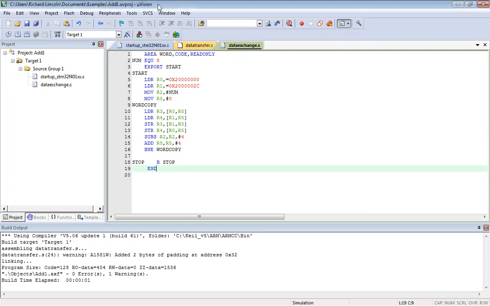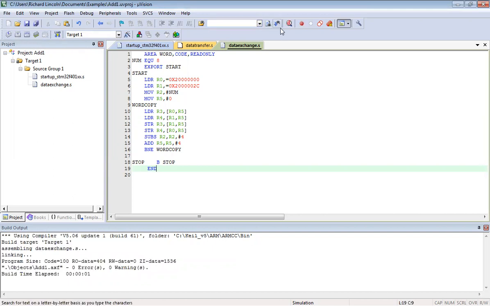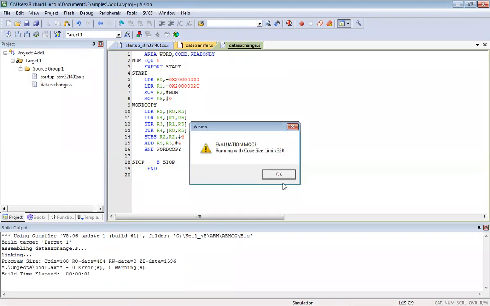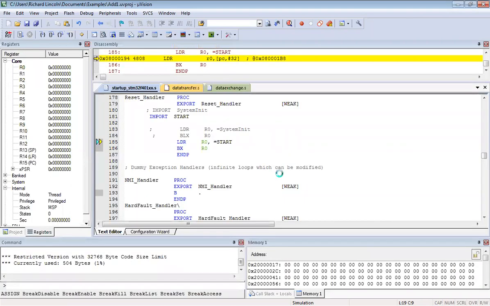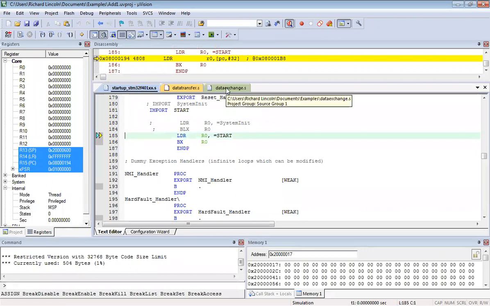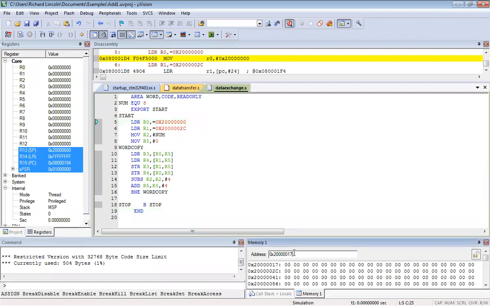Fine. So let's get into the debug mode. Before that, I will just build the target. Fine. We have 0 errors. Get into debug mode. So this is referring to 0, 0. I'll be going here to 0, 0. Okay, and I have pressed enter. So I have all zeros here. So maybe what I will do is 1, 2, 3, 4, 5, 6, 7, 8. Yeah, we will give 8.